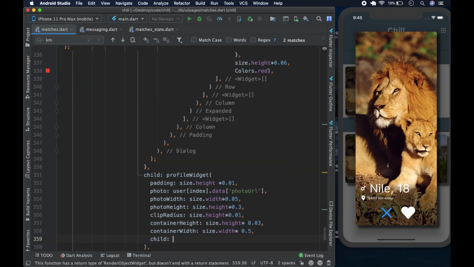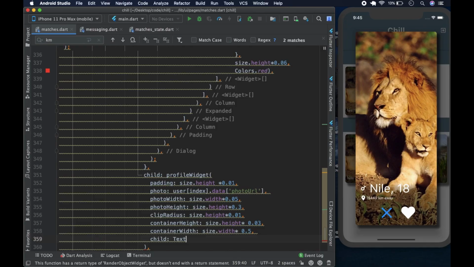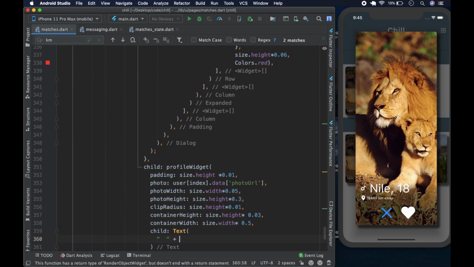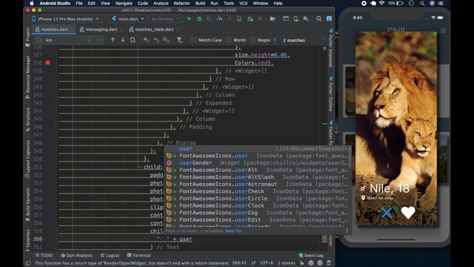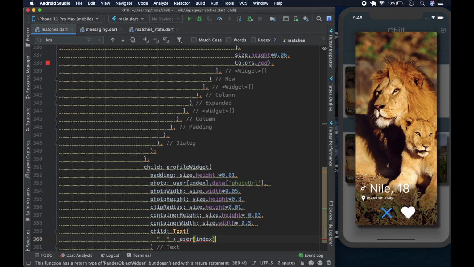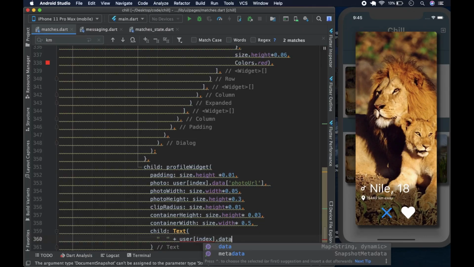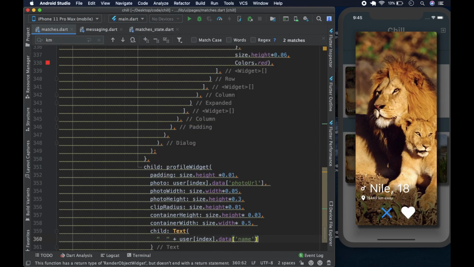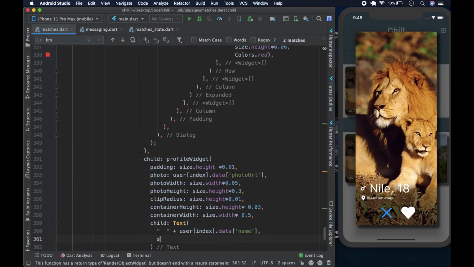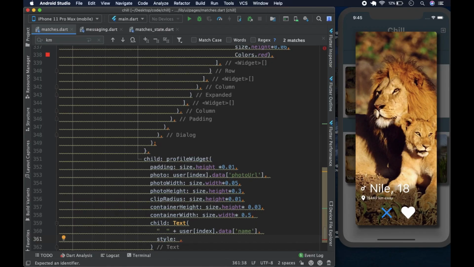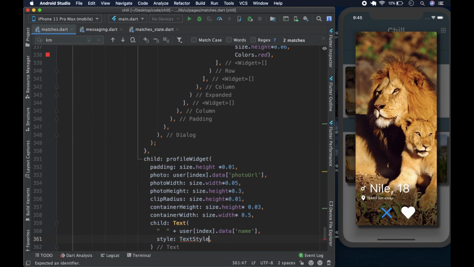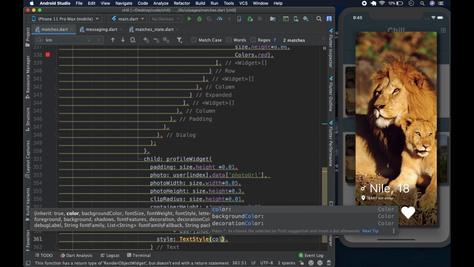The child is going to be a text, and it's going to have 2 spaces, and we're going to concatenate it with user, and we're going to insert the index, and we're going to have the data name, comma, and we can have the style. The style is going to be TextStyle. Let's put in style. The color is going to be